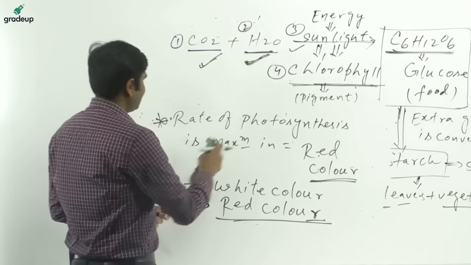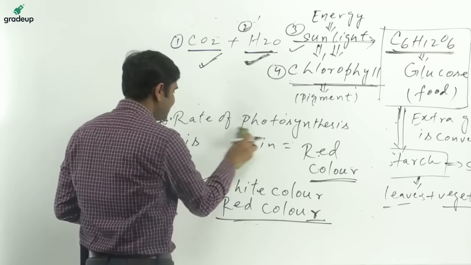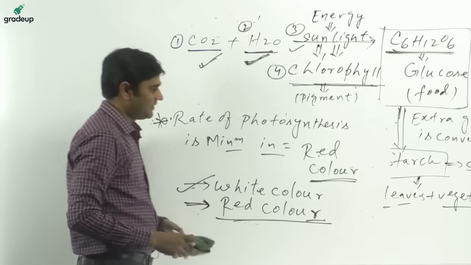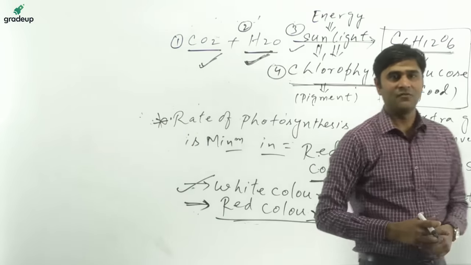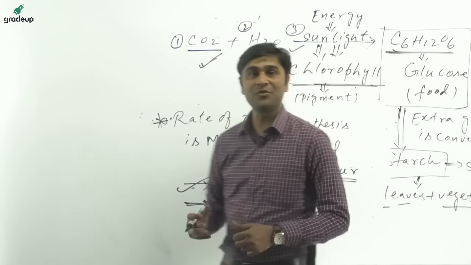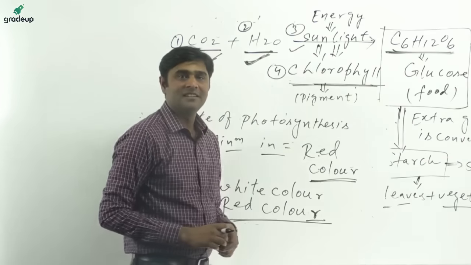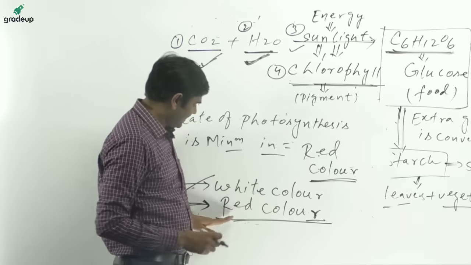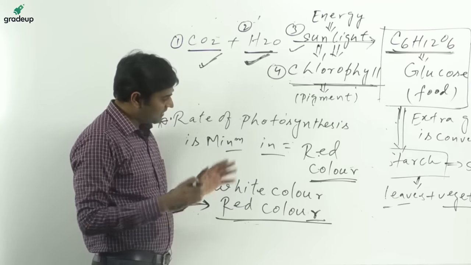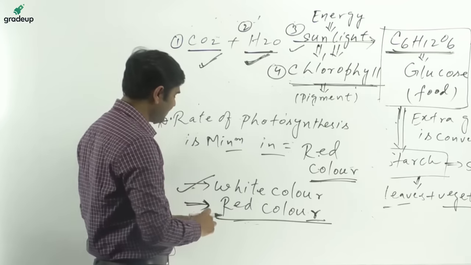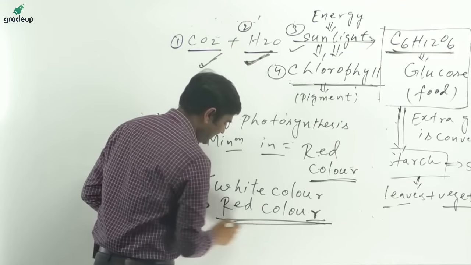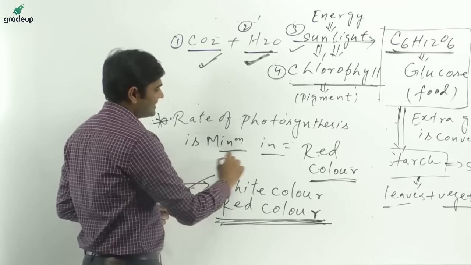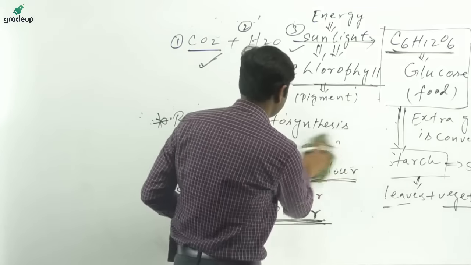White color. Okay, now rate of photosynthesis is minimum in which of the following color? Red color, violet color, green color. Yes, white color contains all the 7 colors. So rate of photosynthesis is maximum in white color, otherwise in red color. But here the question is rate of photosynthesis is minimum in